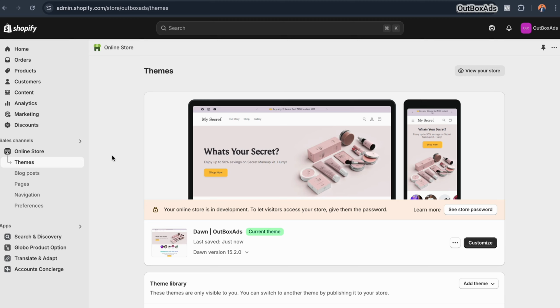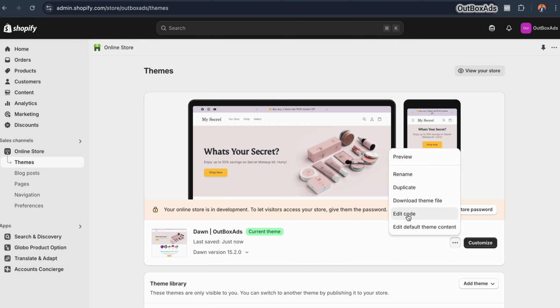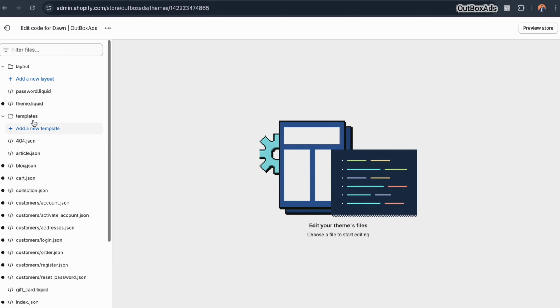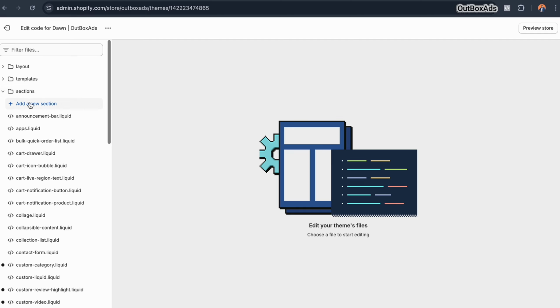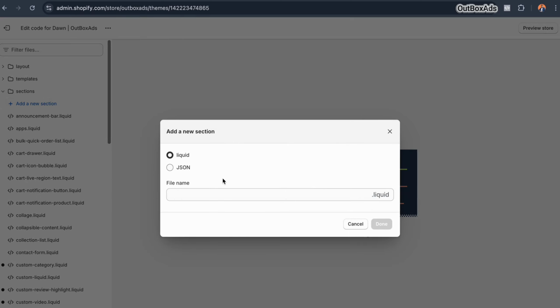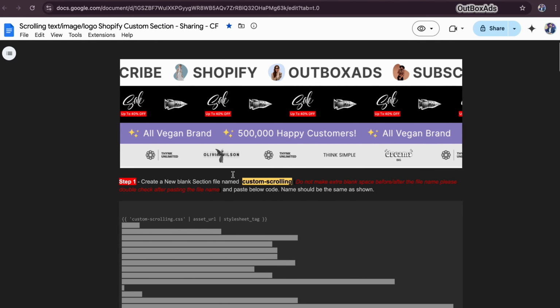Let's start the process. First of all, come to online, click edit code, click section folder and click the new section. Here we need to input the name. So we will copy all our code from the source code gdoc file which I have already prepared. So let's first copy the name of this file